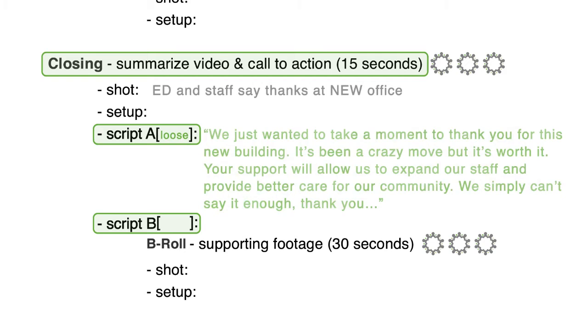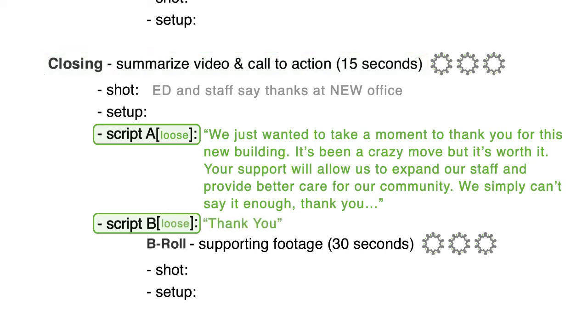So the first part will have the executive director briefly summarizing the office move and thanking supporters. Something like, "We just wanted to take a moment to thank you for this new building. It's been a crazy move, but it's worth it. Your support will allow us to expand our staff and provide better care for our community. We simply can't say it enough. Thank you." And for the second part, we'll just write thank you, as that's all we want people to say,